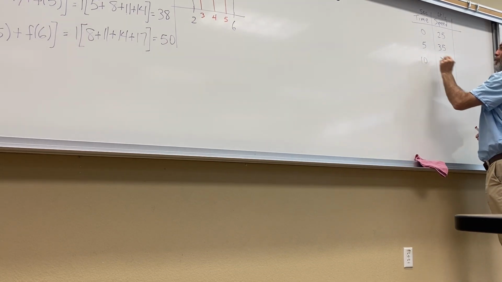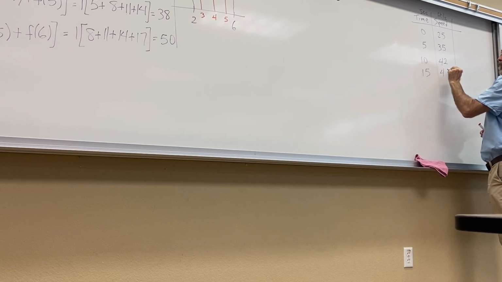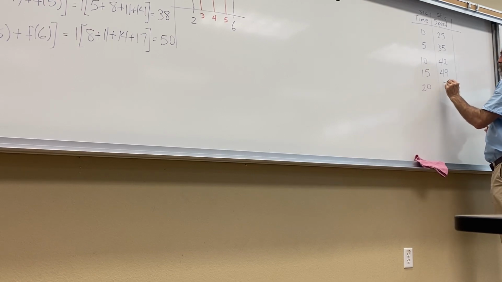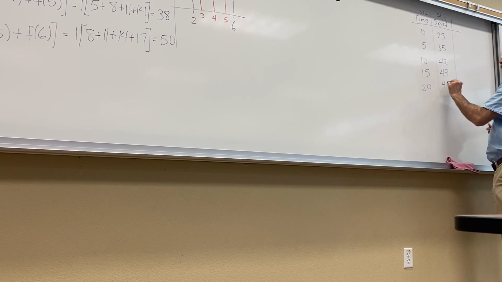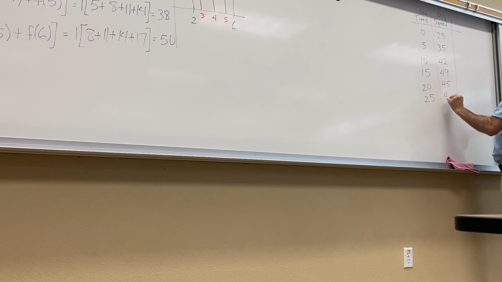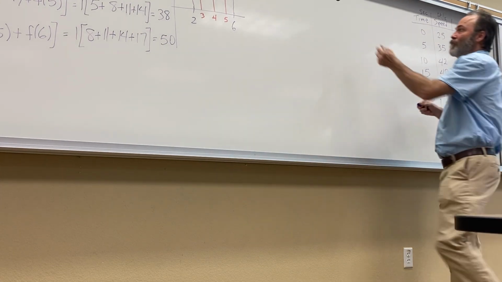At 10, say we're going 42. At 15, 49. At 20, maybe we come back down to 45. At 25, we're going 40, and at 30, we're going back to 30. Okay, so if we graph this,